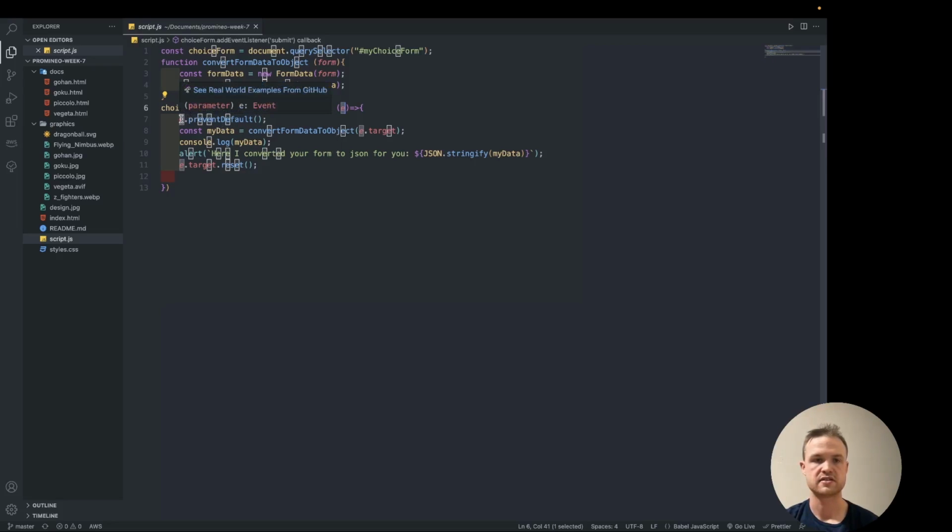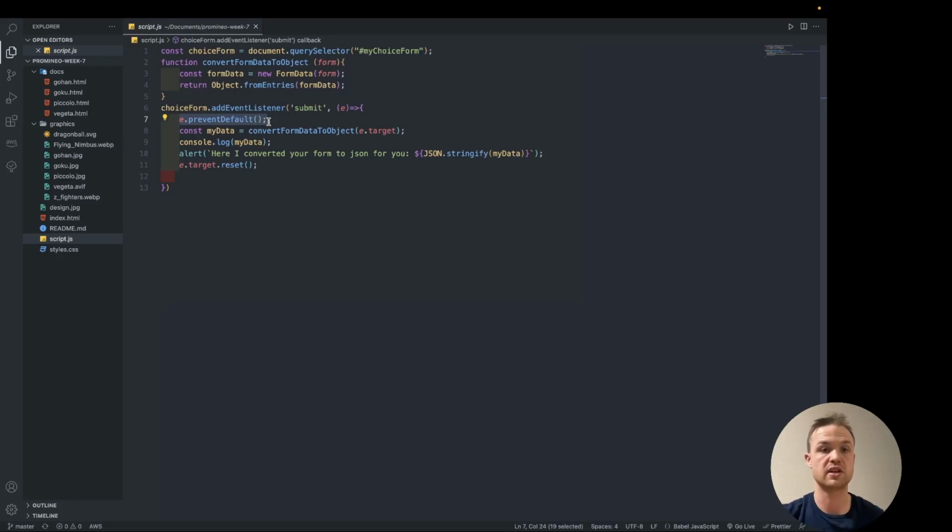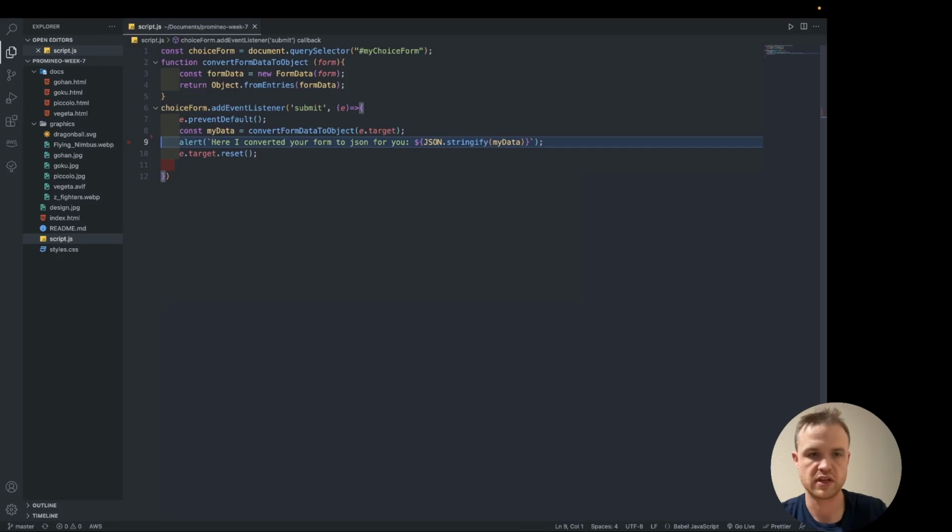And first it prevents the default, so it prevents the form from submitting and reloading the page or navigating. Then I get the data by passing in the form using e.target. And then this is actually a console log that's no longer necessary. And then I alert to the screen JSON.stringify of the response returned from that function that I wrote. And then I reset the form. All right,